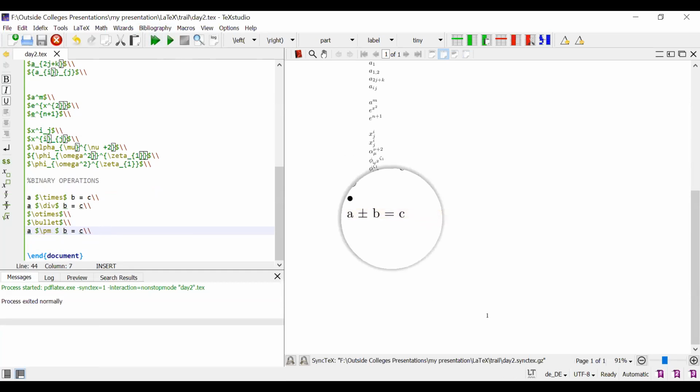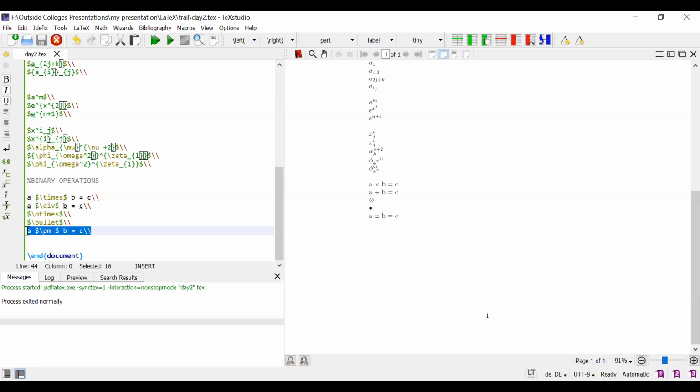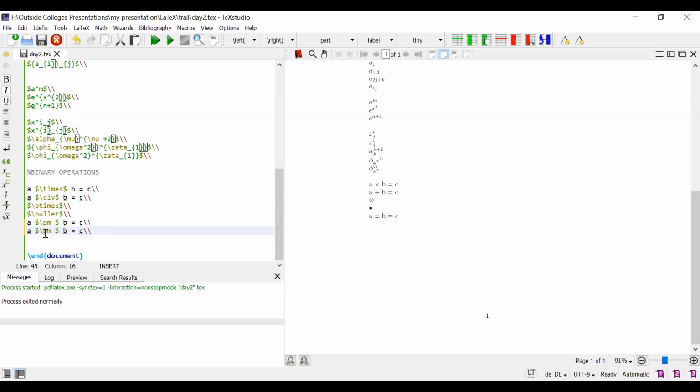See that, A plus and minus B. Suppose we want to perform the same thing but minus plus, we just replace it with \mp. That's all for the binary operators.